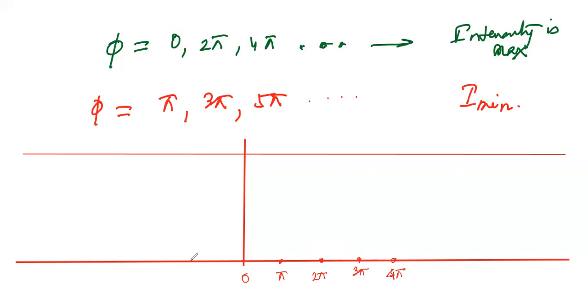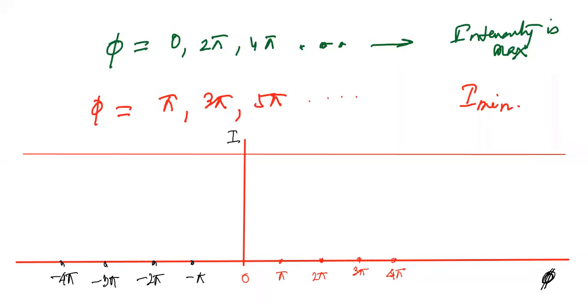If it is minus also, then it's no problem. So this is minus pi, this is minus 2 pi, this is minus 3 pi, this is minus 4 pi. And this is your intensity, and this is your phi, that is phase angle. Because we have already discussed today, the heading was what? That was variation of intensity with phase angle in the interference pattern.